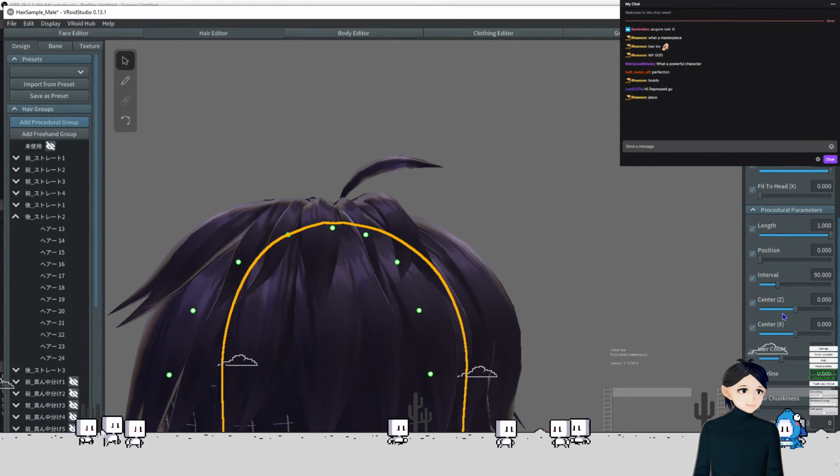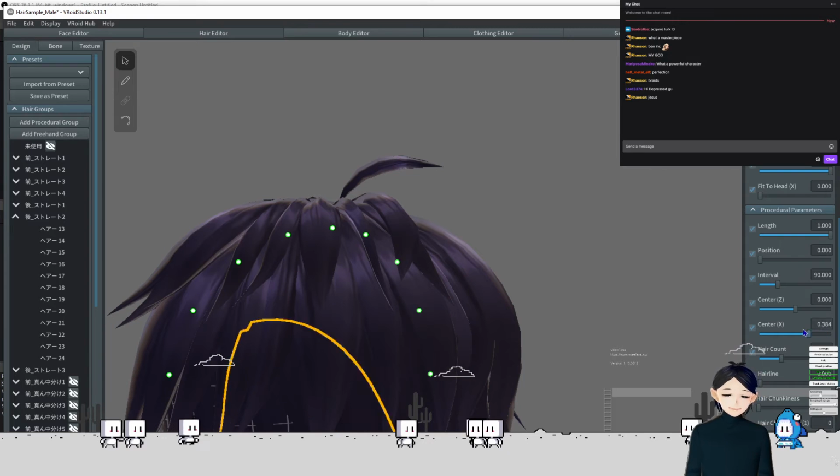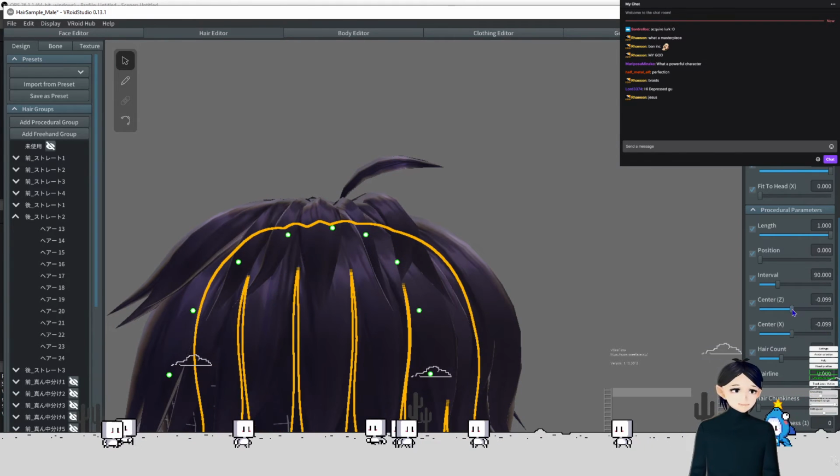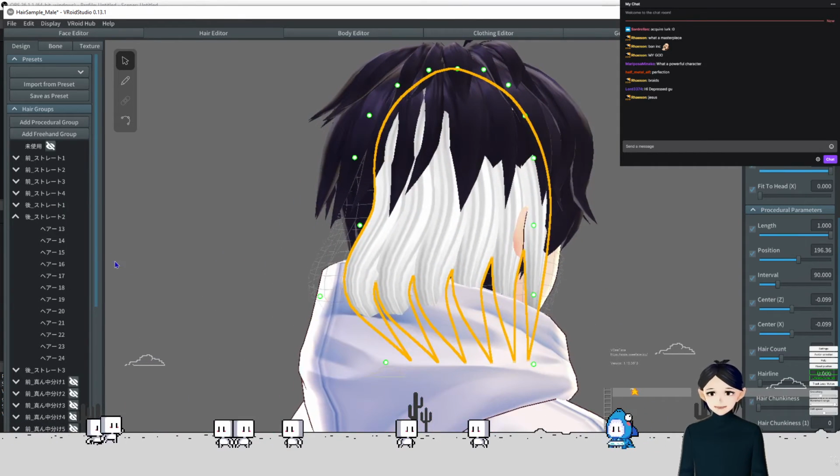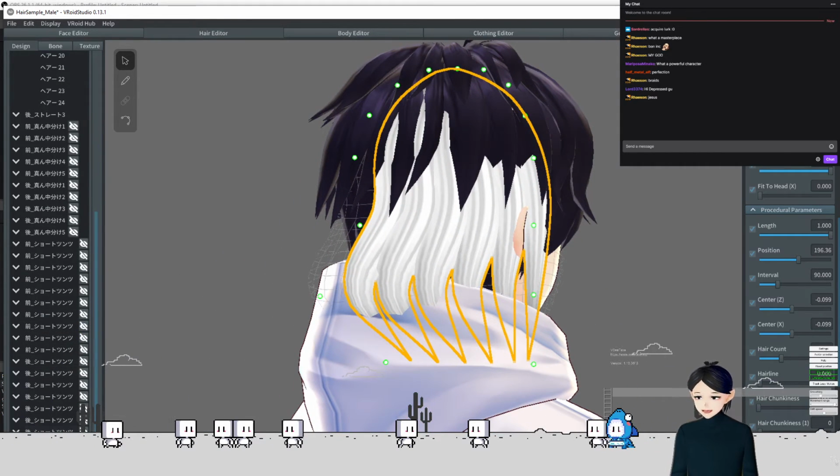So I'm gonna find it. The center X, no, center Z, center. I don't know. Position? Yeah, position right here. Once it's in the correct position, and you've done all the basic stuff you need,